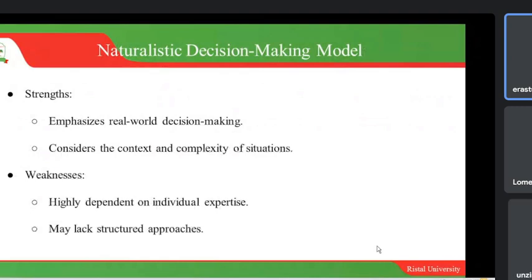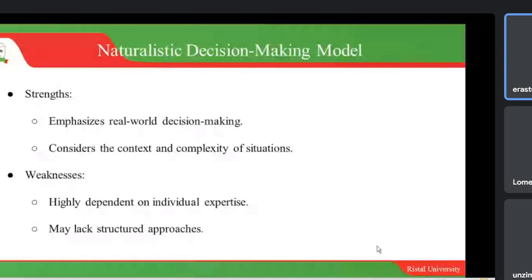And also it is going to consider the context and complexity of various situations. Challenges, in terms of this one: an individual who intends to use the naturalistic model has to be an expert around a particular area that they need to make a decision on. And also it may lack very structured approaches. Those areas around strengths and weaknesses are areas that I would like you to explore and get more understanding of this decision making